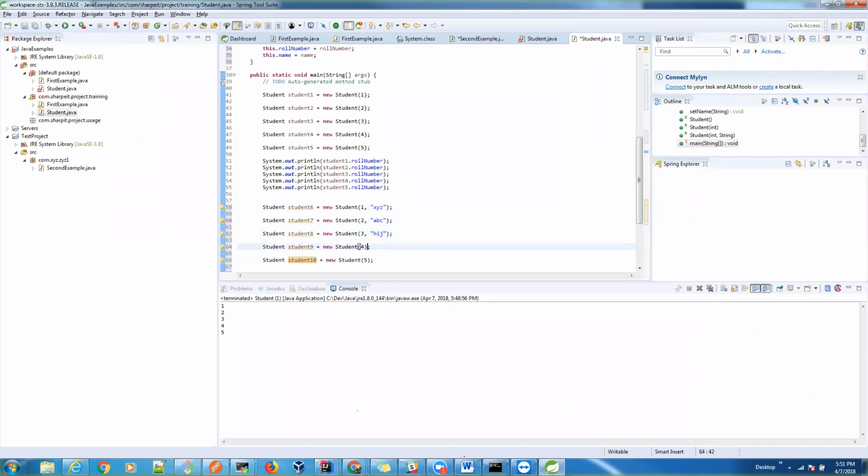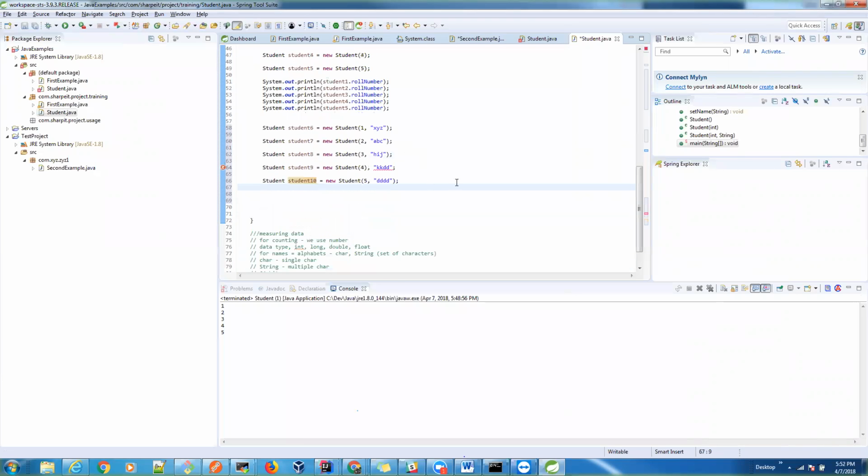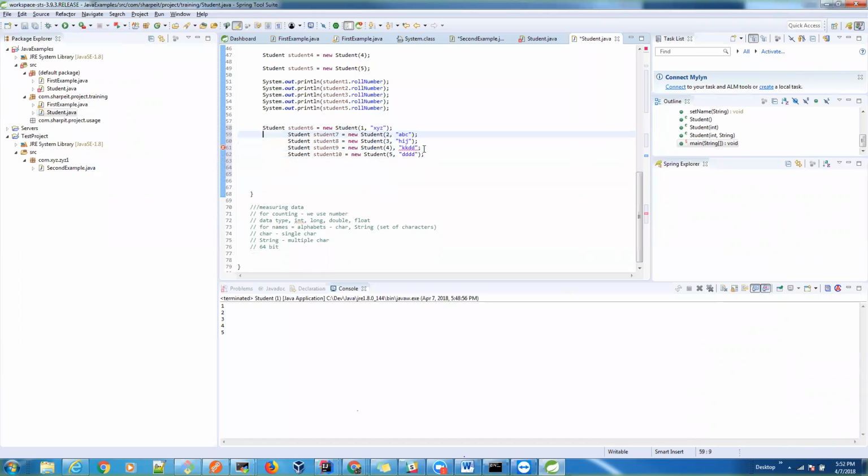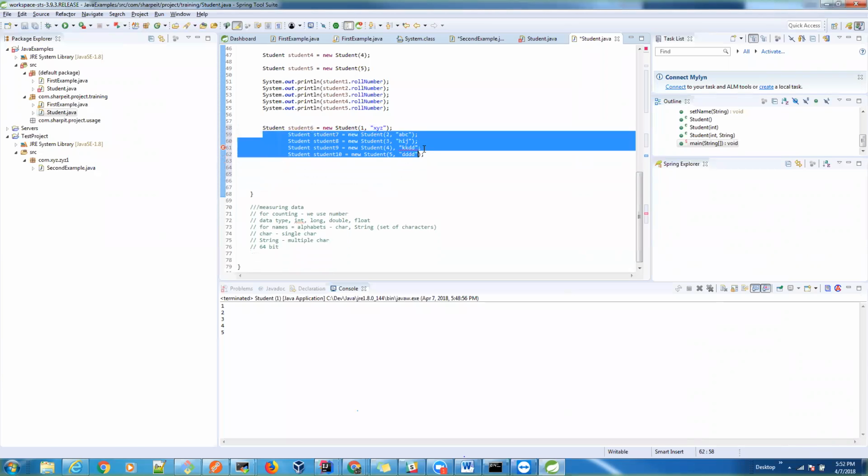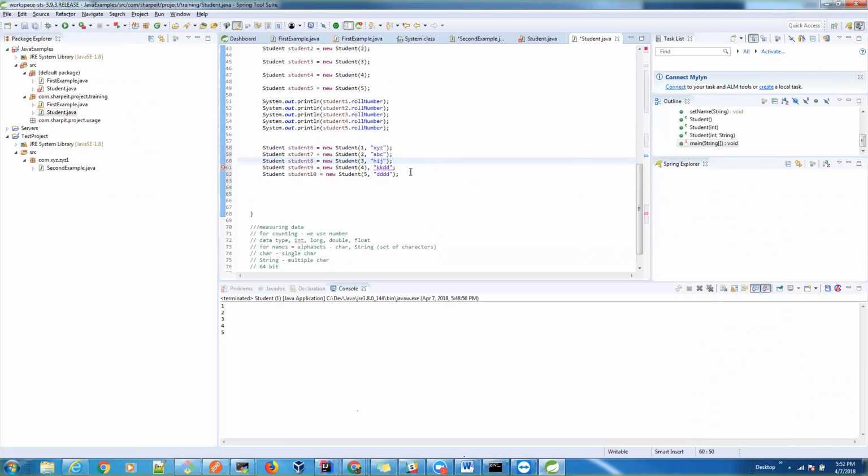I don't remember any names. Hope this is making sense to you guys, okay? If you hit shift tab, it will go back this way, and it's not filled with the bracket. So what will happen right now is, because I'm declaring this way, if I call student dot